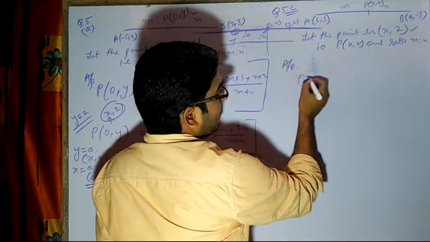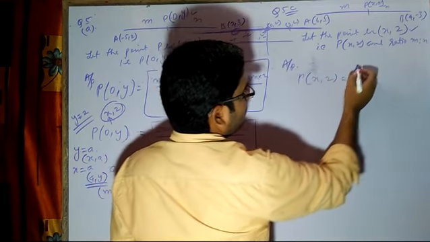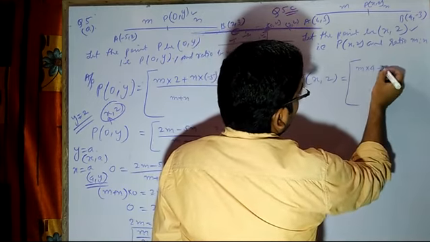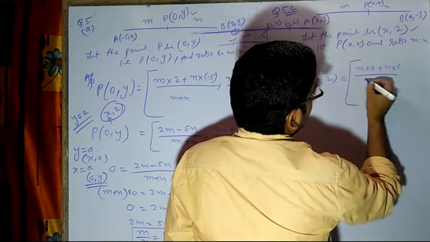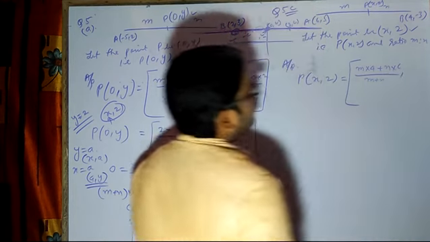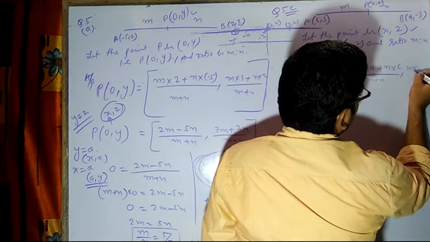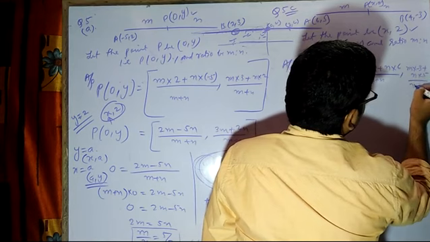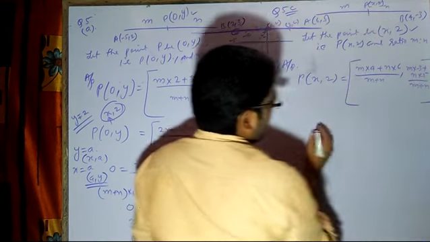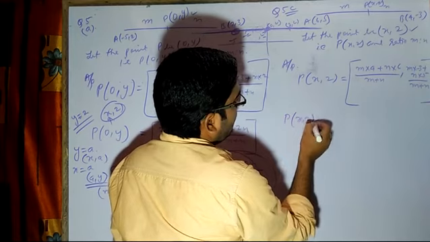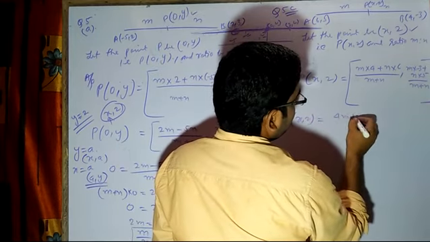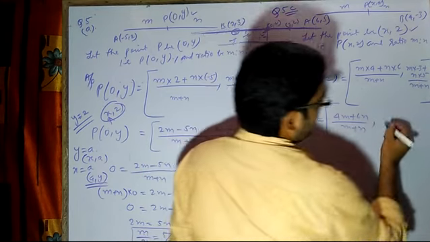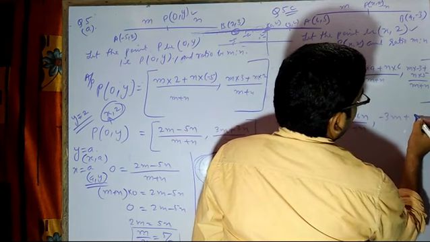Now you can write P x, 2 is equal to m into 4 plus n into 6 by m plus n, comma m into minus 3 plus n into 5. So you are having P x comma 2 is equal to, and minus of 3m plus of 5n